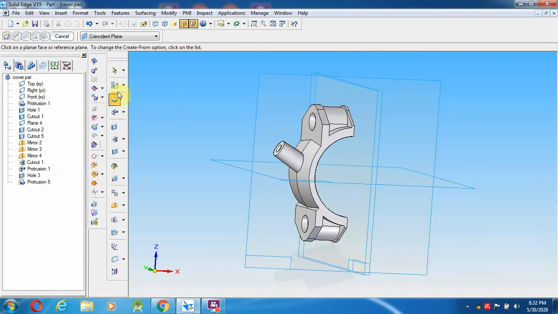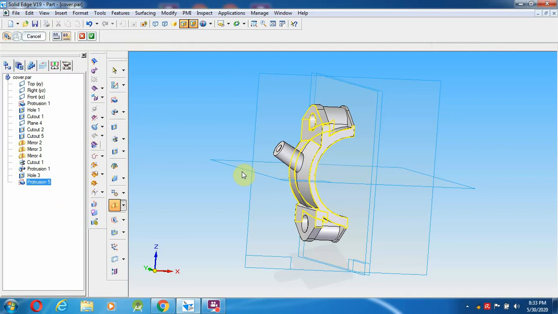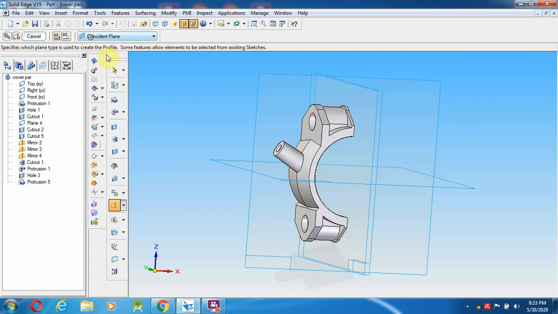So now we can go with the mirror option, select the mirror, protrusion, select the mirror option, protrusion, and this one, right click from here, left and right click.